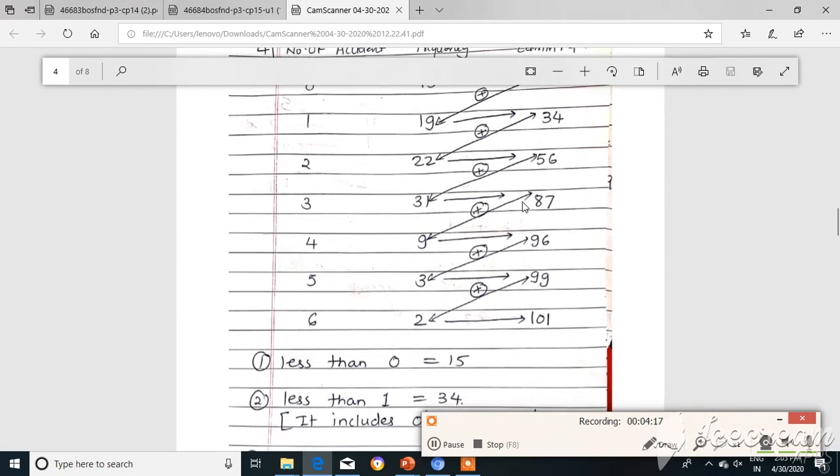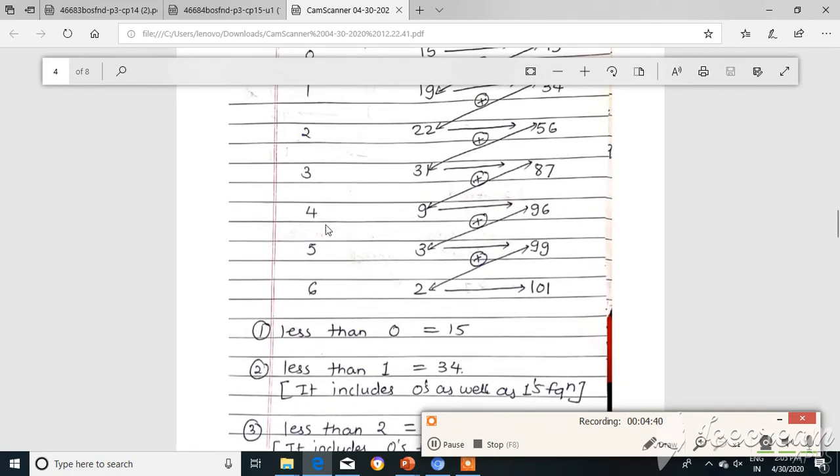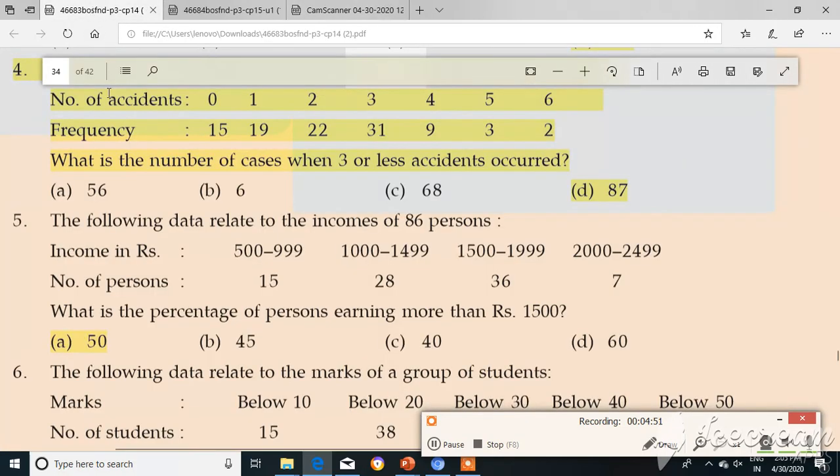And what have they asked us? They have asked what will be the number of accidents that is 3 or less. So less than or equal to 3 is equal to 0's frequency plus 1's frequency plus 2's frequency plus 3's frequency, which is nothing but 87. So in front of this 3, I got the cumulative frequency for x less than or equal to 3. So my answer is 87. Now come to our question. So here my correct option is 87. I hope you understood this problem. This cumulative frequency